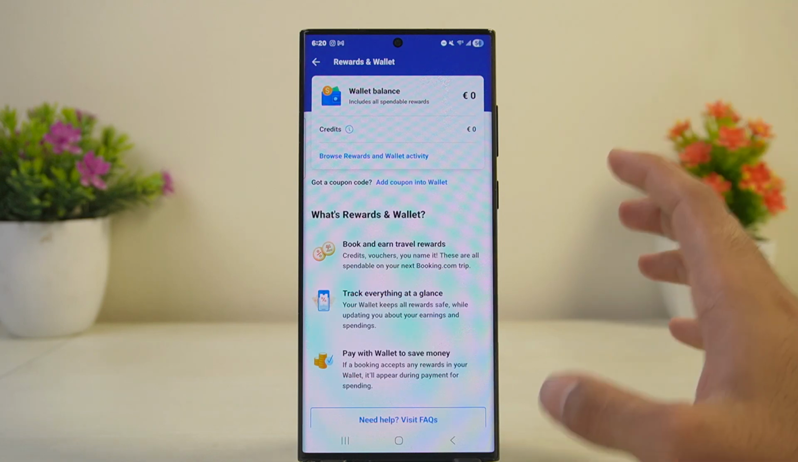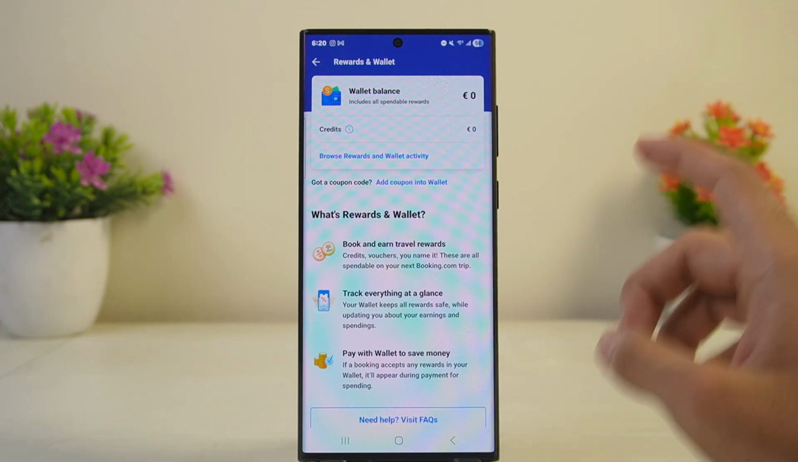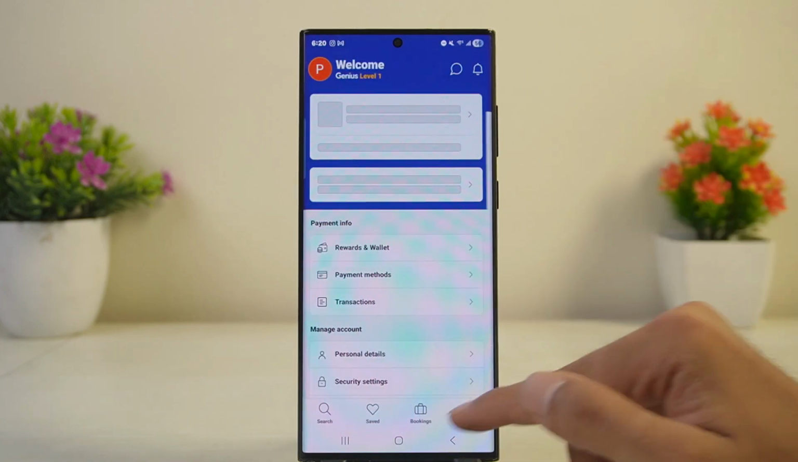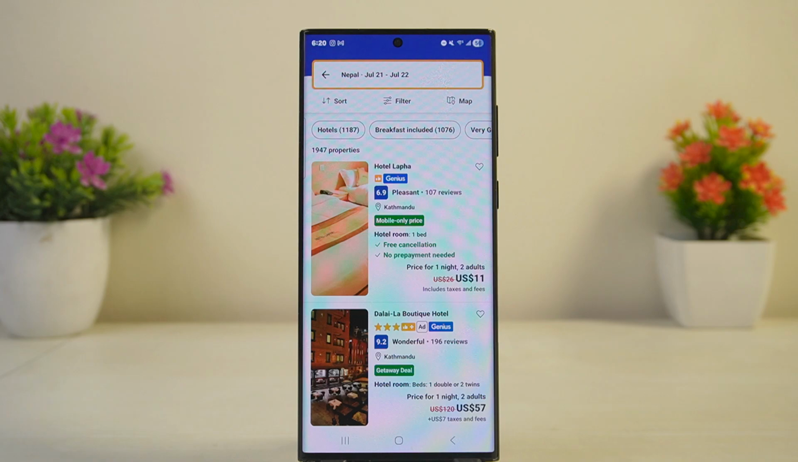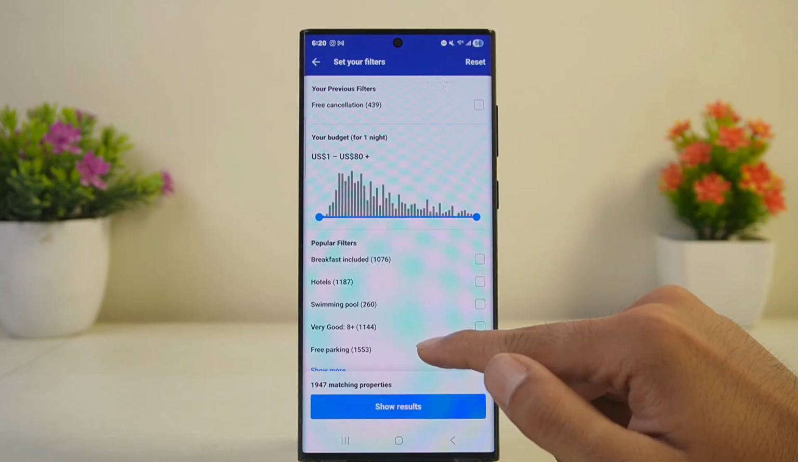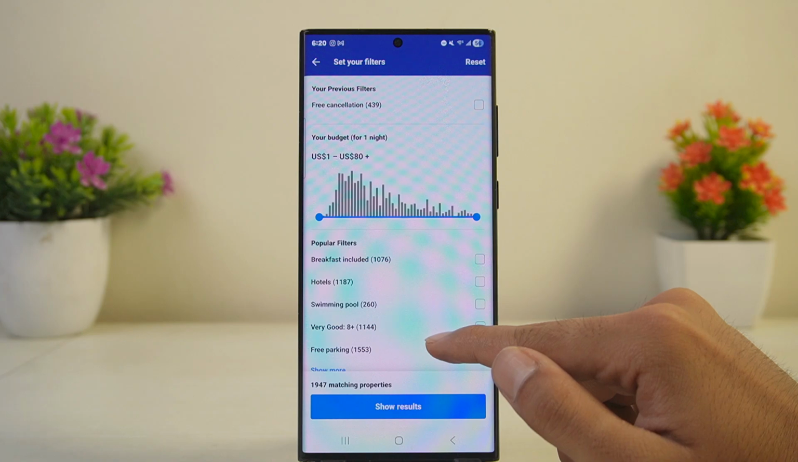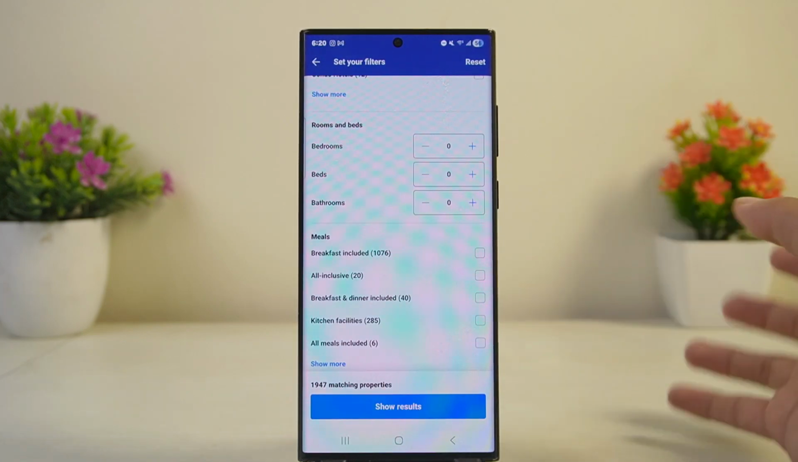And you can also search for eligible travel. Not all properties allow wallet payments, so you must filter your search. Head backwards, head to the search option, type in your destinations and dates, and within this filter, all you have to do is scroll downwards and then check the filter box for the pay with wallet option or accept online